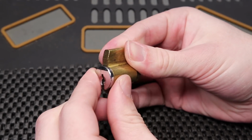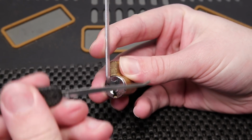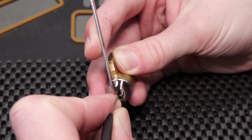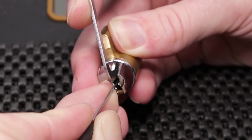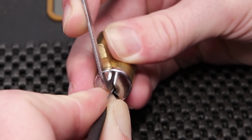Alright, let's see what it takes to get this lock open today. What I'm going to do is use top of the keyway tension in 50 thousandths, a standard hook in 25 thousandths, and we're going to see what it takes to get this Schlage lock opened up. So I'm going to start off with number 1. Got a good click, you could probably hear that. That feels set. 2, springy, 3, springy, 4, springy,